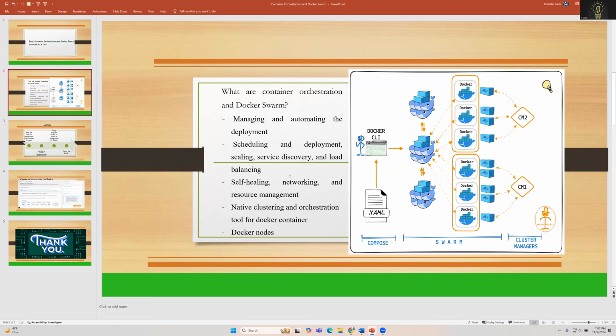And as you know, Docker Swarm is a built-in clustering and orchestration tool for managing Docker containers. It enables you to group multiple Docker host machines together, forming a swarm that acts as a single unified system for deploying and scaling